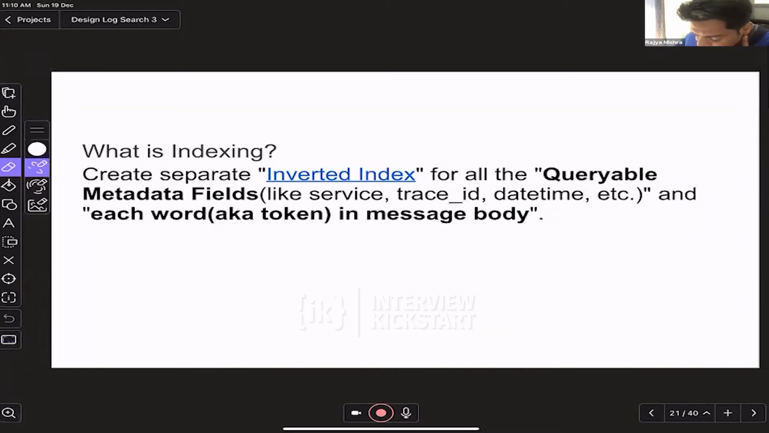So what is indexing in this context? We create a separate inverted index for all the queryable metadata fields, like service, trace ID, datetime, etc., and each word in the message body. So what does that mean? If you remember the inverted index,